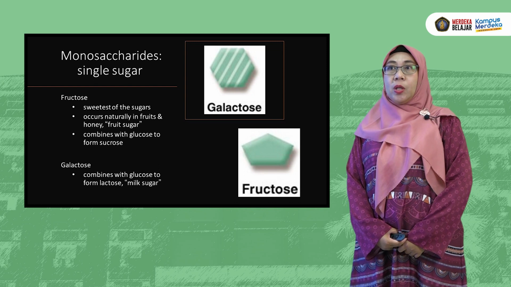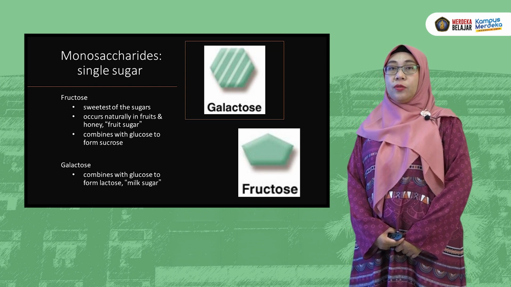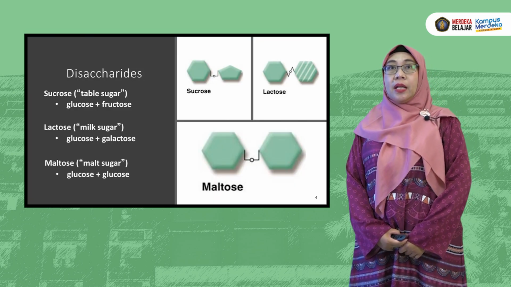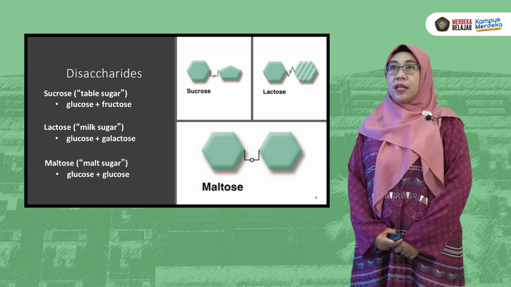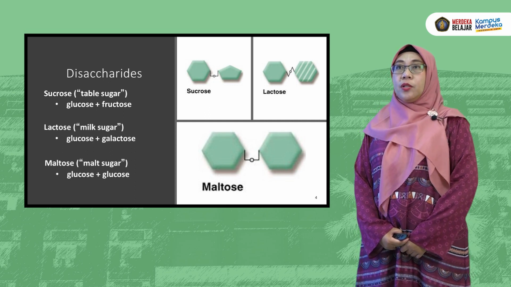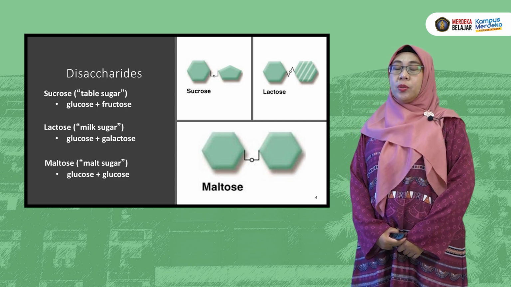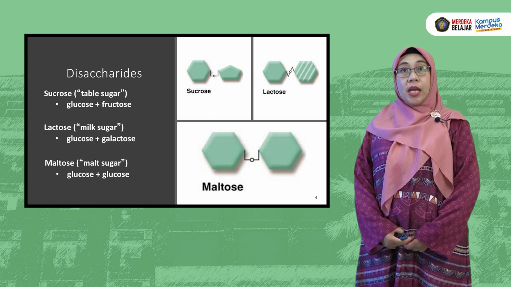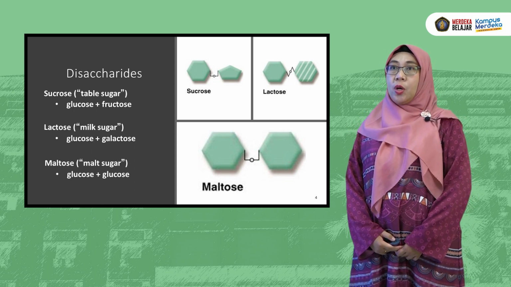Fructose combines with glucose to form sucrose. Galactose combines with glucose to form lactose, or what we call milk sugar. And now we are discussing disaccharides. These are examples of disaccharides: sucrose, lactose, and maltose. Sucrose is known as table sugar and consists of glucose and fructose. Lactose is known as milk sugar and consists of glucose and galactose, while maltose, or malt sugar, consists of glucose and